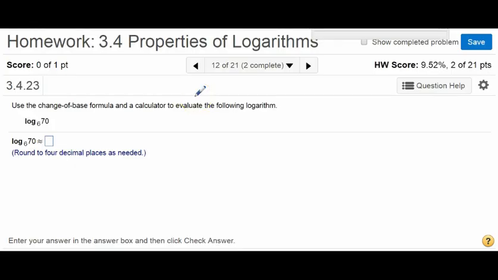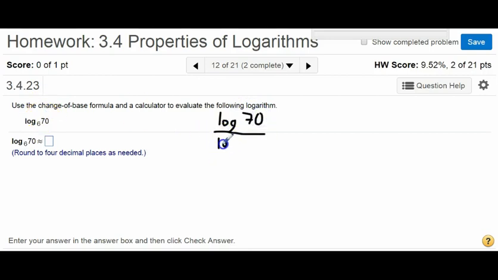Now here's an example where I will use the change of base formula and plug this into my calculator. So the problem here is that the logarithm they gave us has base 6, and if you're using the TI-30XS calculator that I recommended, that one only does logs and natural logs. It can't evaluate other bases. So what I'm going to do is apply the change of base formula and write this as log, and I'm going to use base 10 in this example, of 70, whatever you were taking log of goes on top,